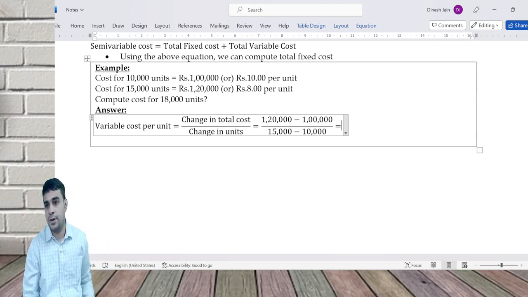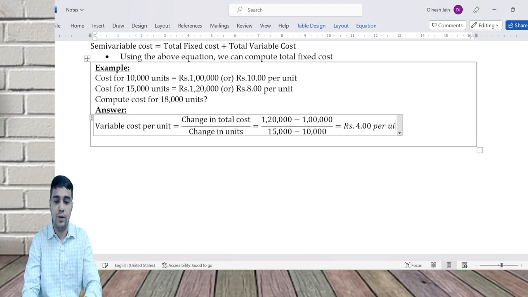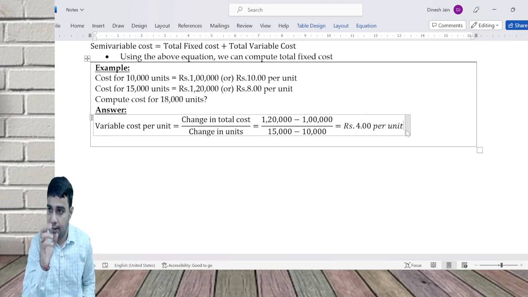How much is the variable cost per unit? 4 per unit. Now what we can use with this 4 per unit is, I can say for 18,000 units,